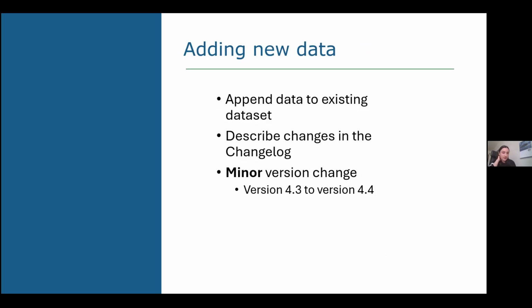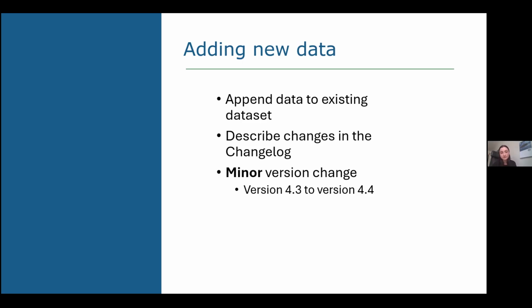So I'm going to go over the different types of updates. One option is to add new data, so you're essentially just appending data to your existing data set. I didn't include a screenshot here, but when you update your data set, it will prompt you to enter something called the change log. So you'll briefly describe the changes that you're making. You can write, for example, added April 2024 data for pH and temperature, or something like that,